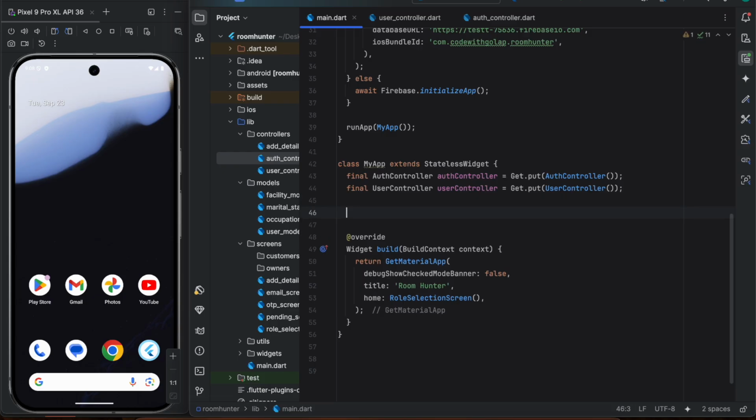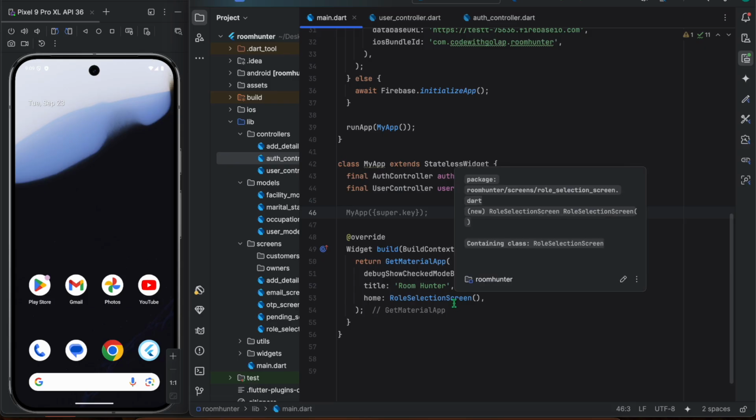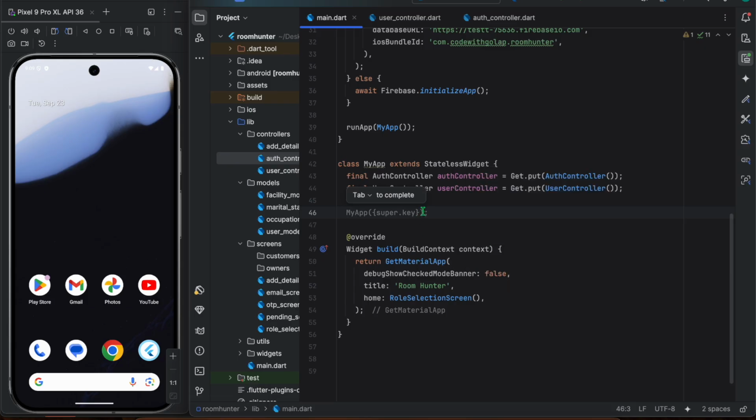Now let's create one function to initialize our screen, because we can't navigate the user directly to the role selection screen, right? So for that,